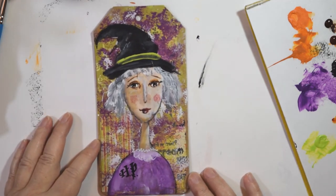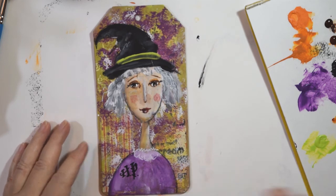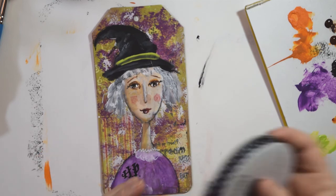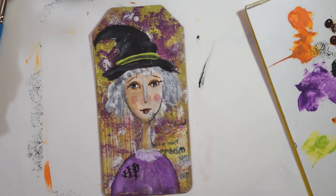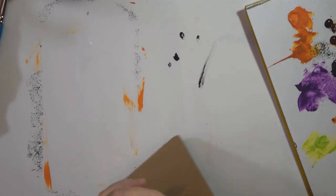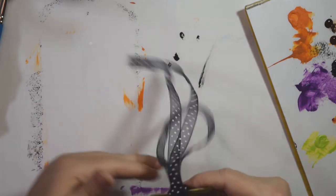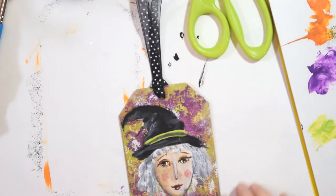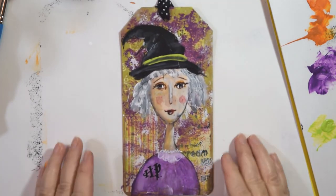I think she's done. I've got to find some ribbon that will look good. I don't have any purple here on my desk, so actually I'm just thinking some of this might just look good. We'll do a couple layers of the black and white polka dot. All right, so we've got this